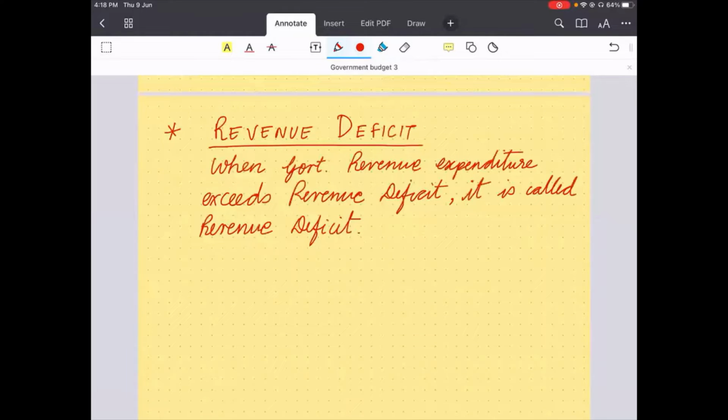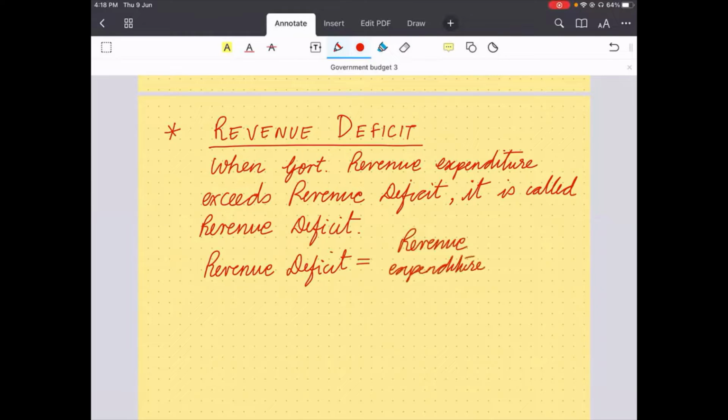We'll identify the problems with having such a deficit. Revenue deficit, if we write the formula, is equal to revenue expenditure minus revenue receipts. Okay. Now, if a particular country is having a high revenue deficit,